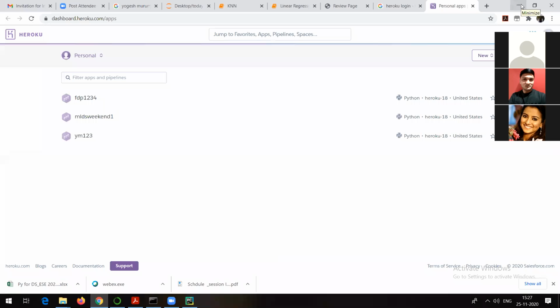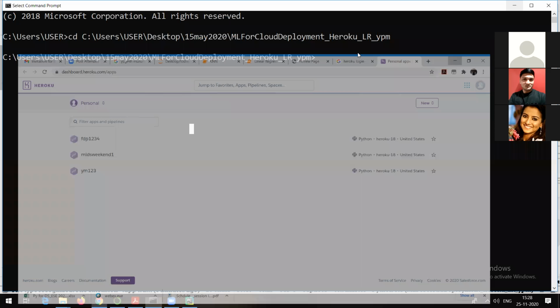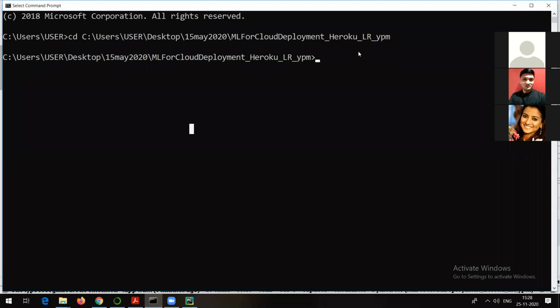How to create the account for the cloud? Just go and type create Heroku account. It will just take 2 minutes. So I am already in the folder where my app.py file is, and I already have a Heroku account. Those who are aware of it, that is good. Those who are not, I will provide you a PDF file for all the steps. All these steps are given in my notes, which I'll be sharing, right? Those who are interested, definitely you can go and try it out.